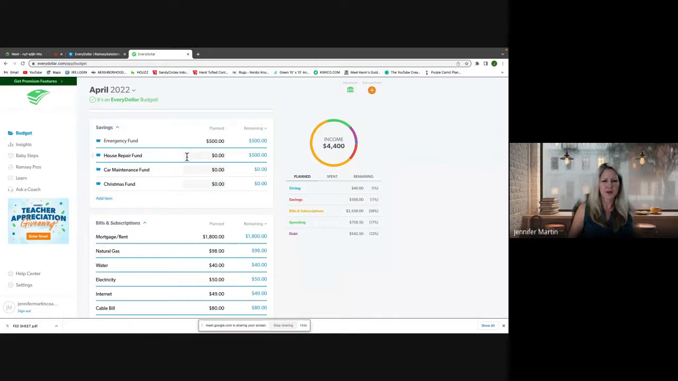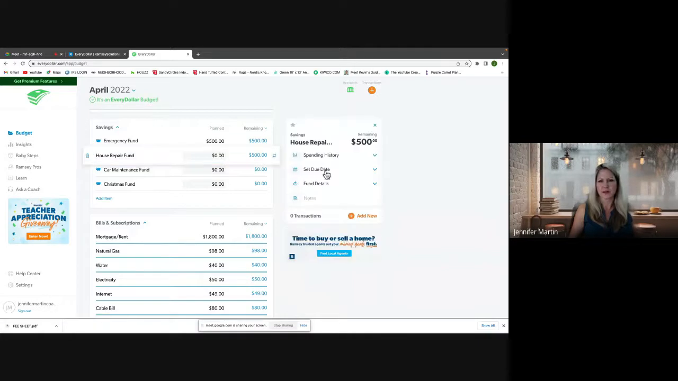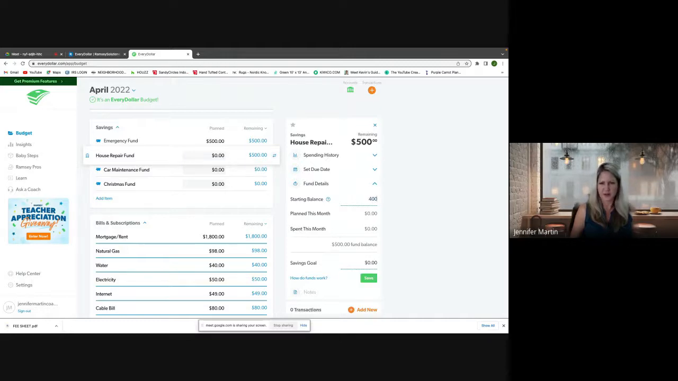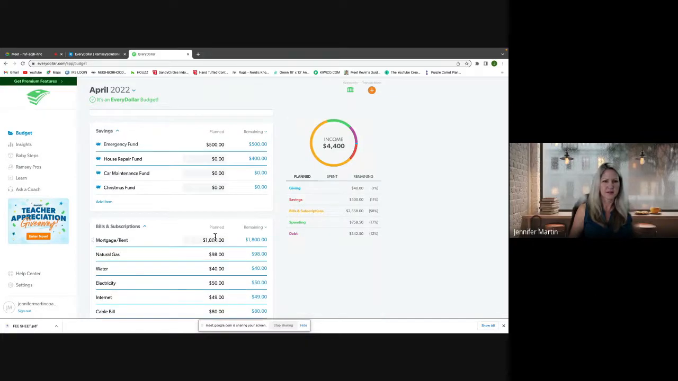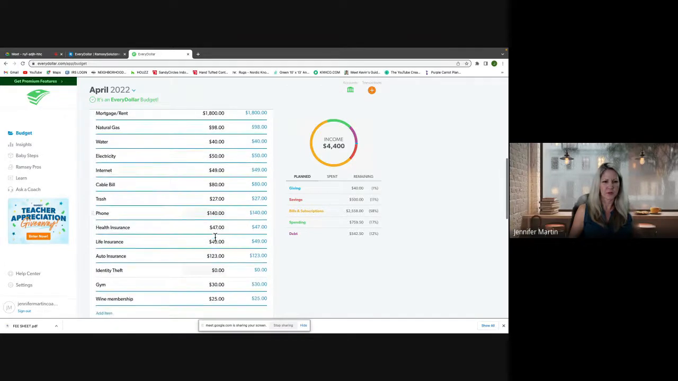You can just go in here. Let's say you have something that broke and it's $100 has to come out of here. You can just adjust this. You can change this fund by double clicking, and then fund details, change the balance, say, okay, $100 out of there. So I'm going to change that to $400. And then we need to put that into